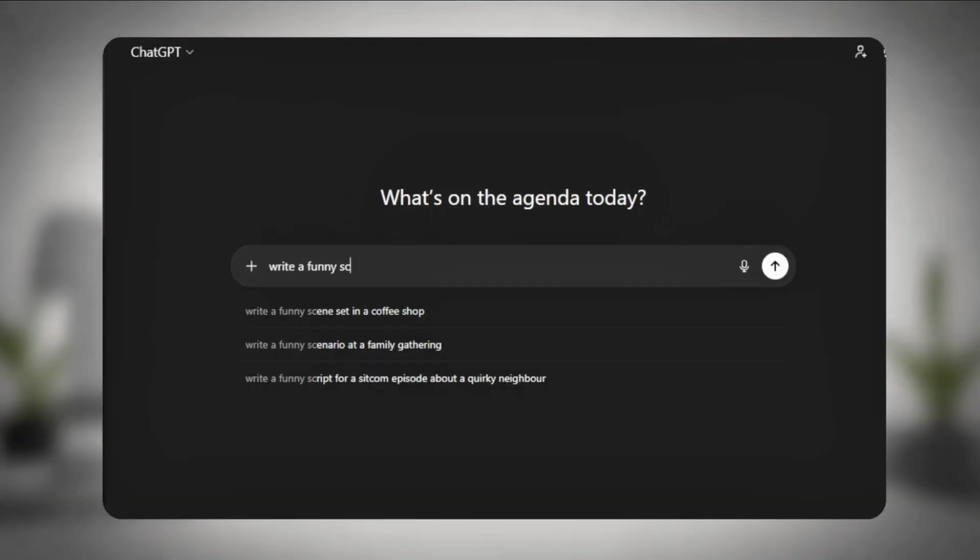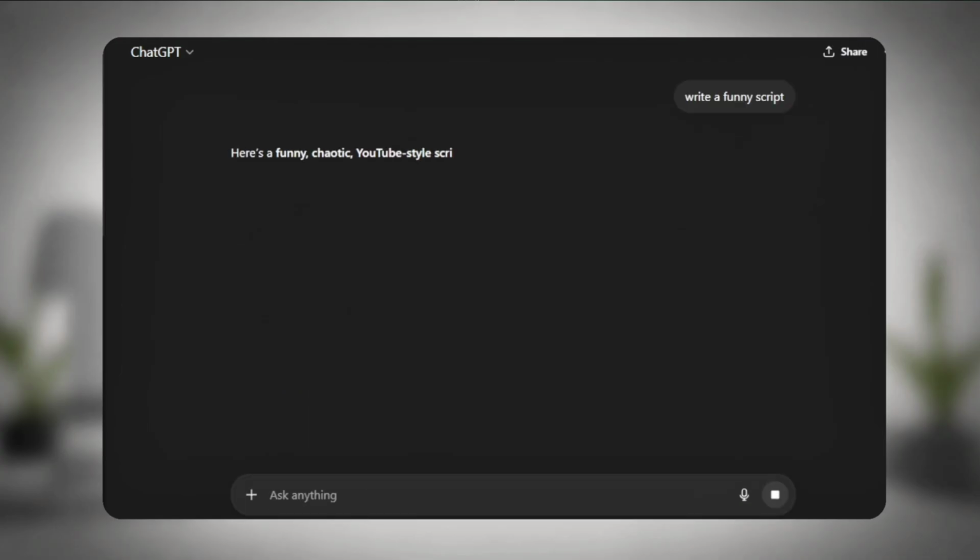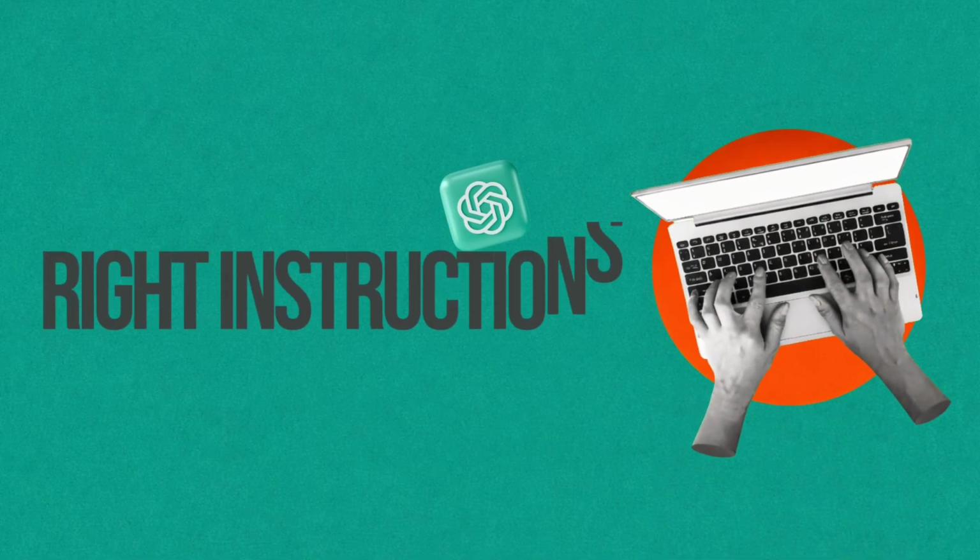This entire step is completely based on ChatGPT, and this is where most people make mistakes. People are very lazy. They open ChatGPT and directly say, write a funny script. Then ChatGPT gives them a random weak script, and people blame it and say AI content does not work. My brother, the mistake is not AI's fault. The mistake is yours. AI works well only when you give it the right instructions. You just need to understand how to use it correctly.